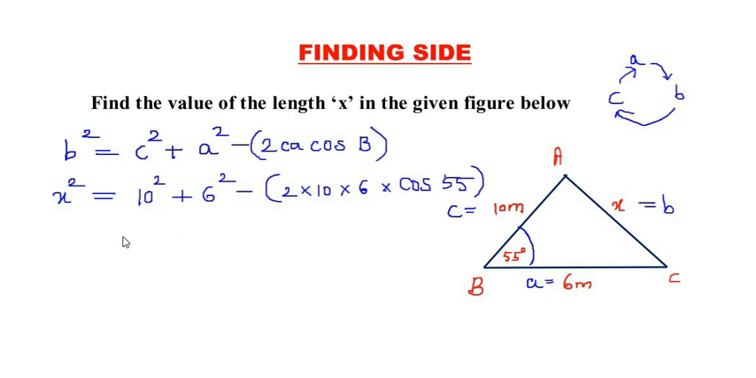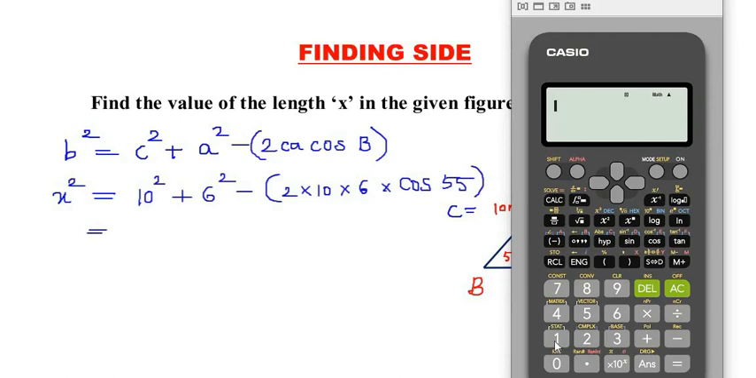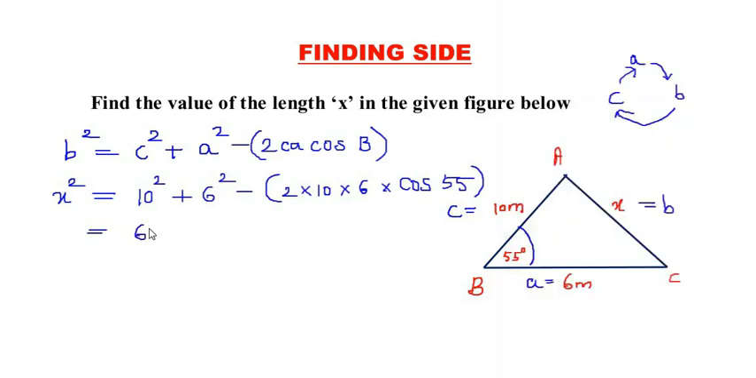So let us start substituting these directly in the calculator. So we get here 10 square plus 6 square minus, remember to put a bracket, 2 times 10 times 6 times cos 55. So we get the value as 67.17. Now this is the x square, but since we need to find the value of x, so x equals